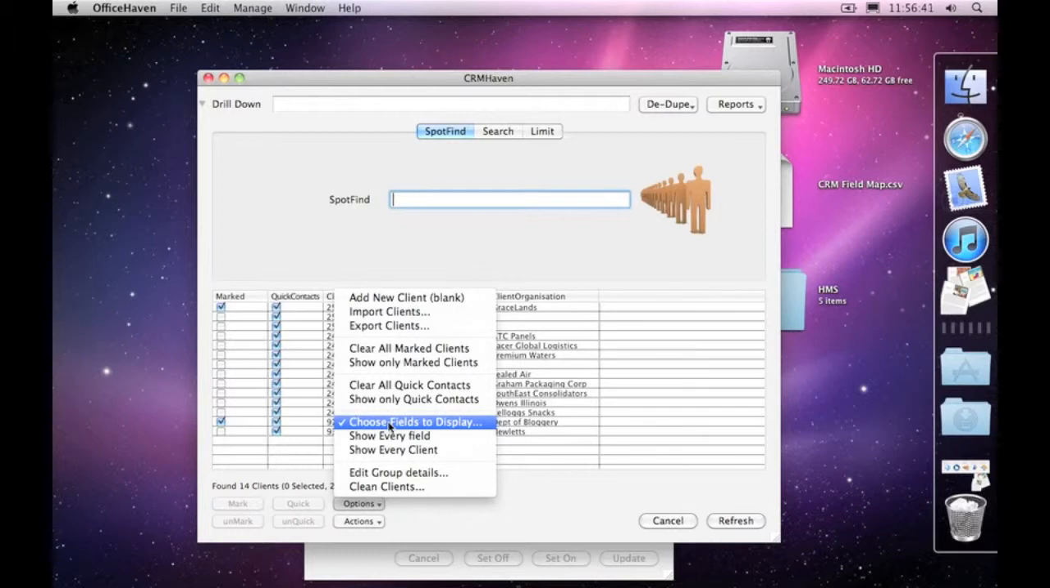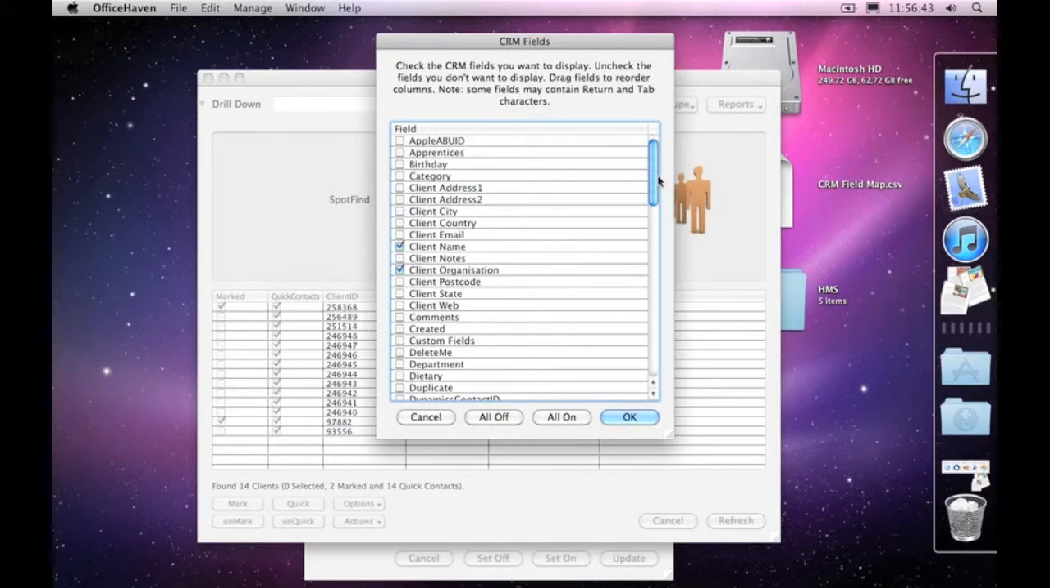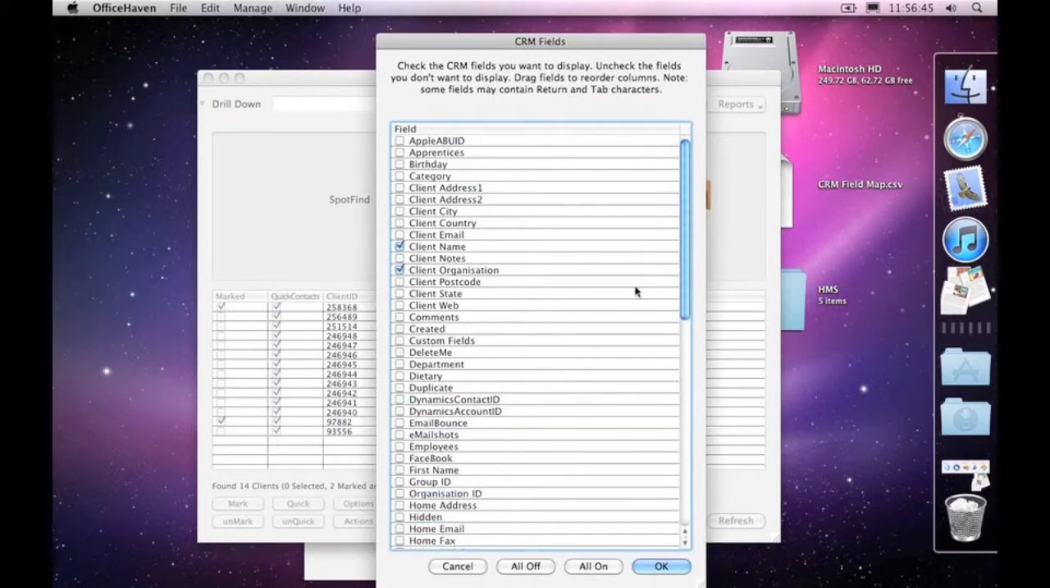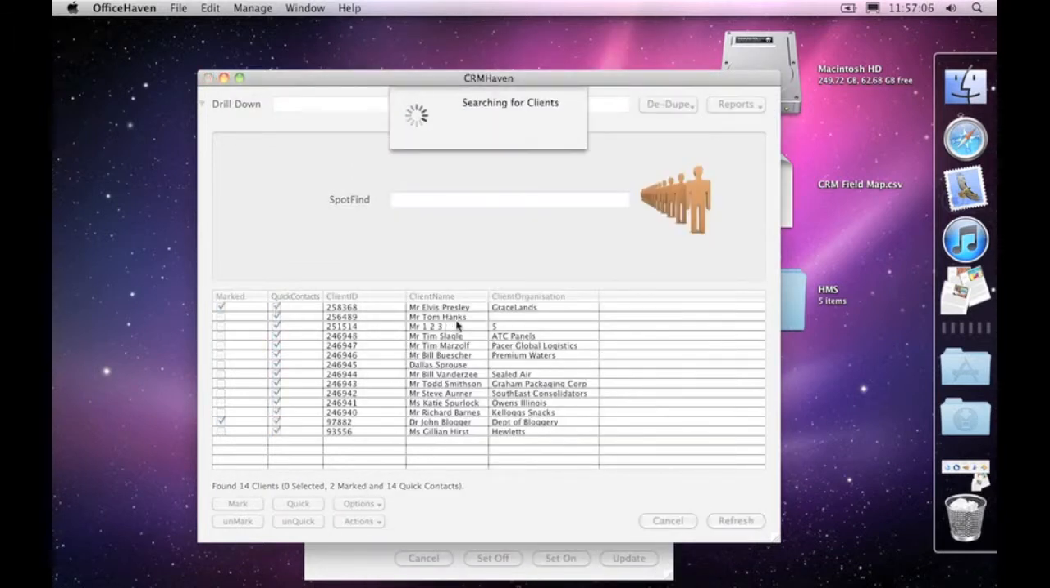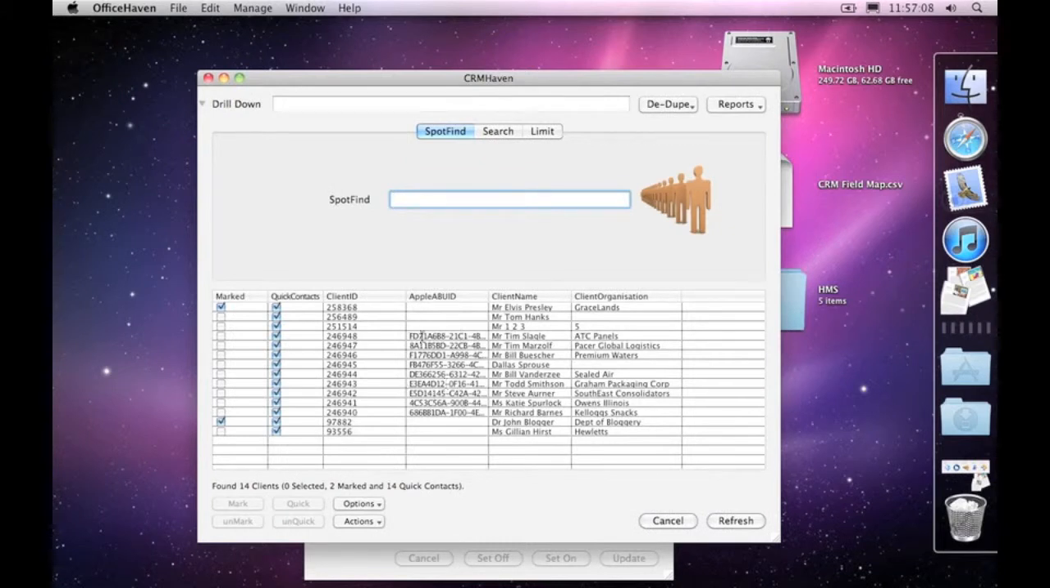Choose Fields to Display shows us all the possible fields on CRMHaven, one of which is here, the Apple address book user identification. That's the unique identifier that Apple uses behind the scenes to describe a particular contact or client. So if I choose OK, you'll see here that somebody has gone and imported these particular bits of information from